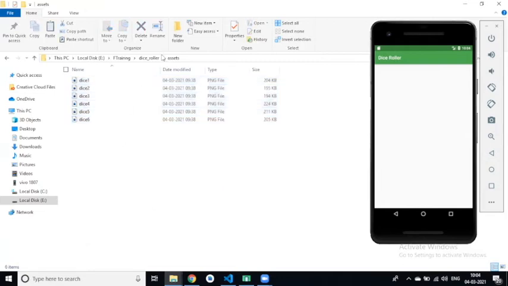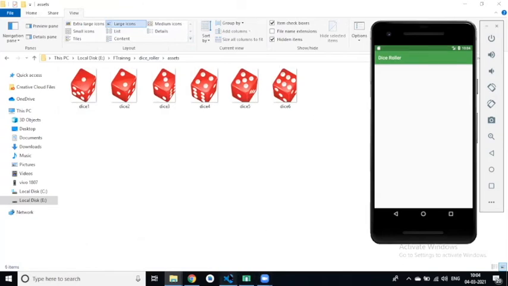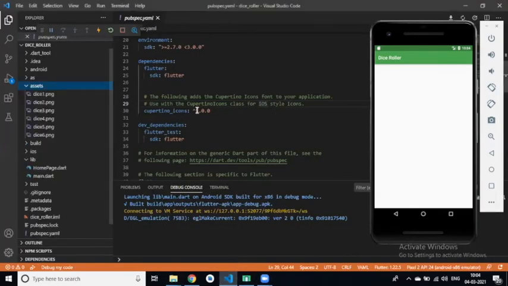Okay. First you have to create an asset folder, then you can paste all the image files in this folder. Just simply copy and paste.